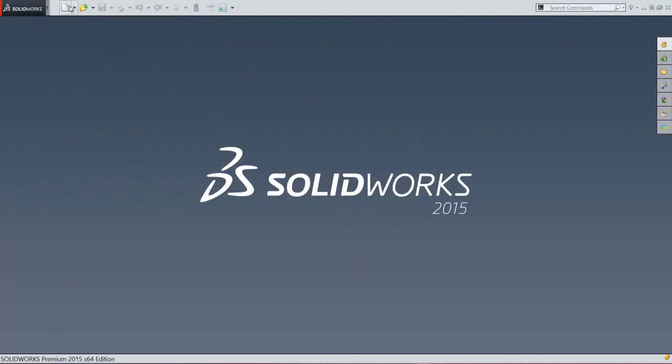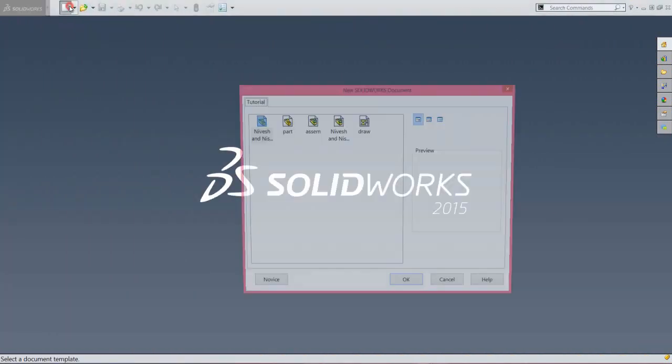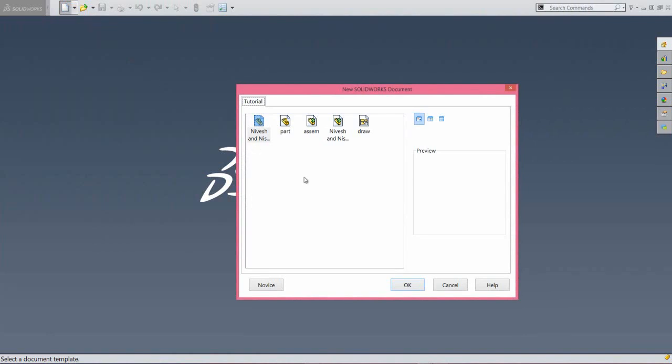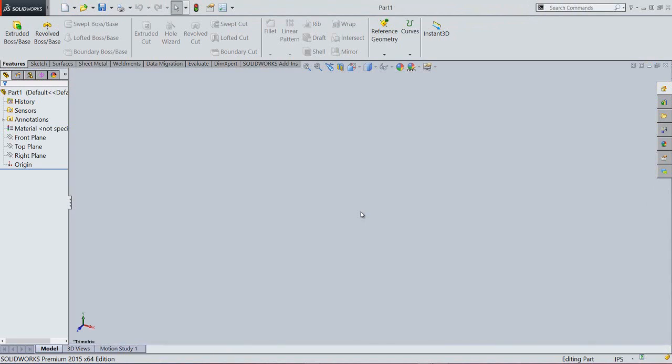So let us start the tutorial. First of all, we will create a new part file. Click OK. Now the design window is visible here.